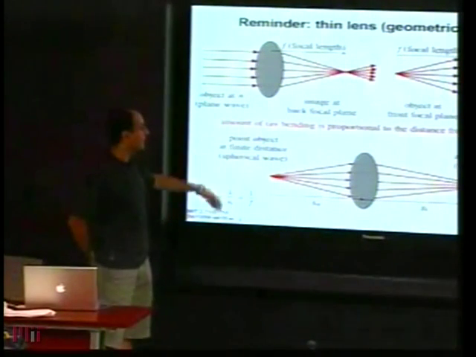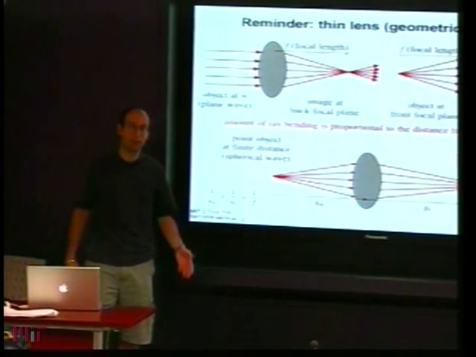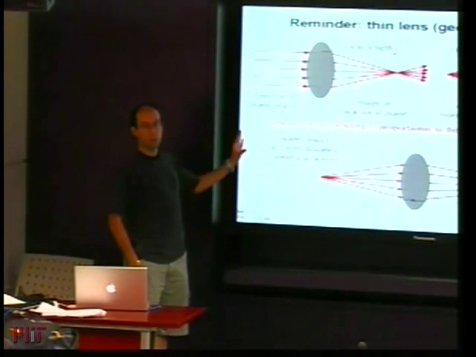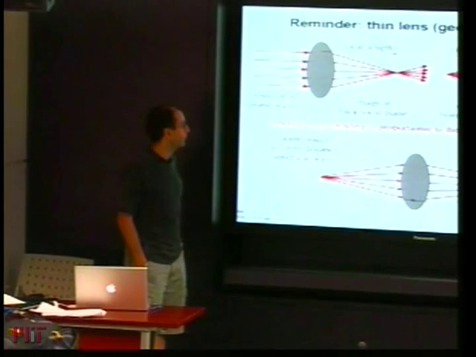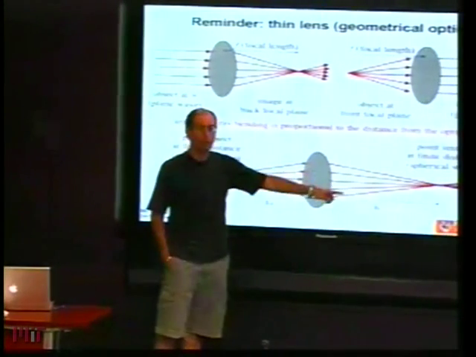And of course, what I'm discussing here is for the case of a positive spherical lens. There are other lenses that we saw, negative lenses, that would do something slightly different. But I don't want to do a full review of lenses here, just to remind you of what is relevant to our discussion. And of course, the other thing that lenses do is they can produce images at finite conjugates.